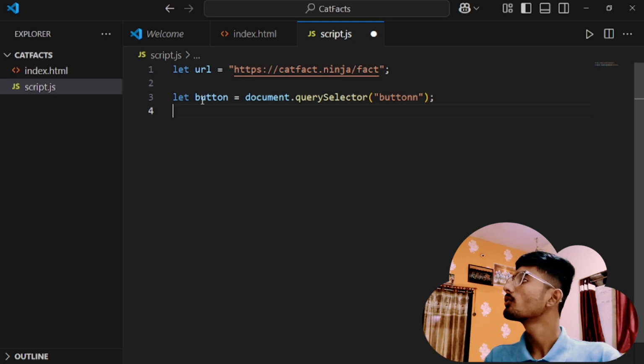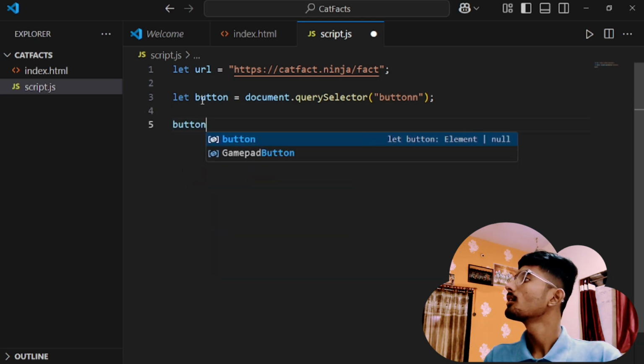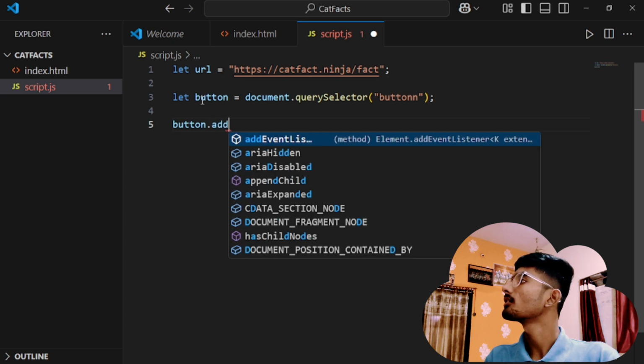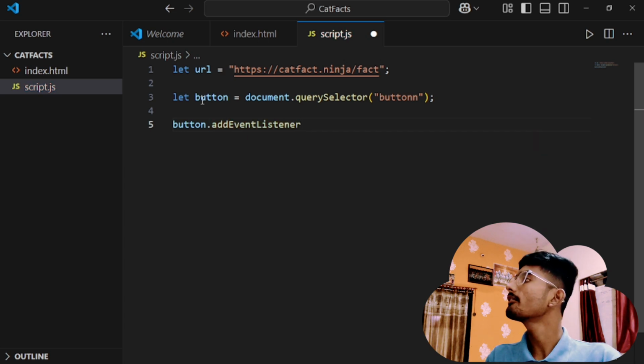So we will use button dot add event listener. The event will be the click event,